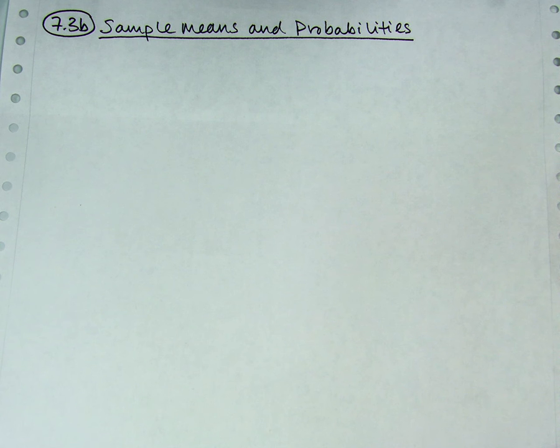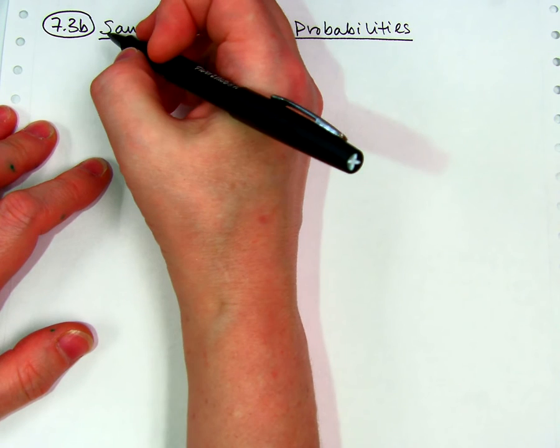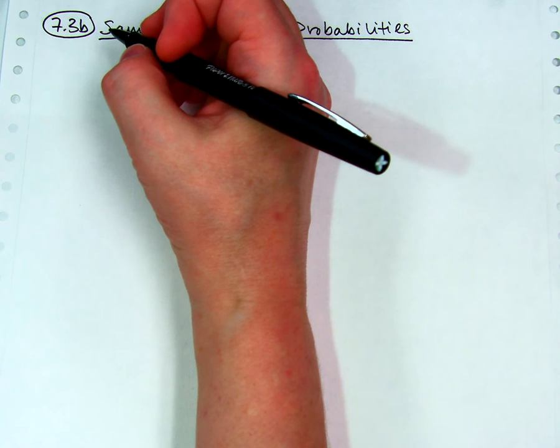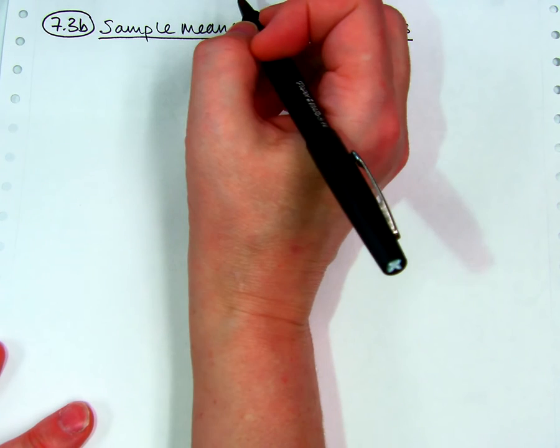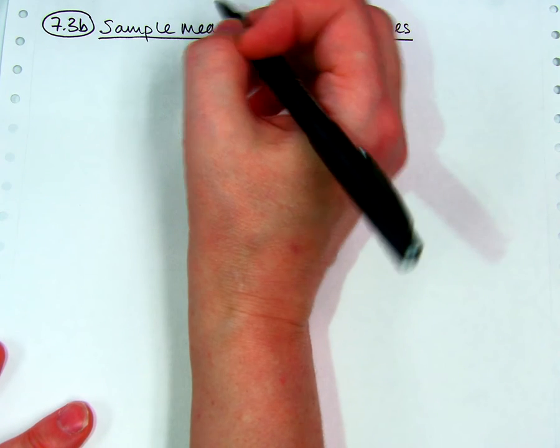We started with sample proportions and their properties, and then we did probabilities in lesson B of 7.2. And then 7.3a was sample means and the properties of the sampling distribution, and now we're doing probabilities with that. So this actually wraps up the chapter. Last new notes of the chapter. We will review and take a quiz and review more and take a final, and that's about it.